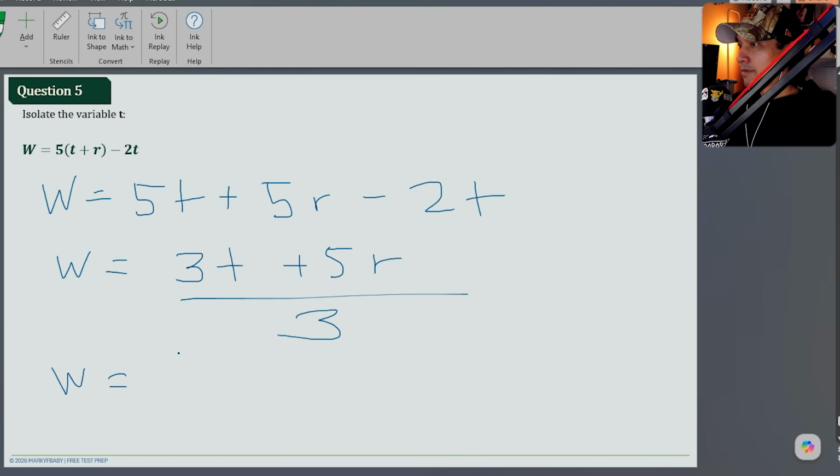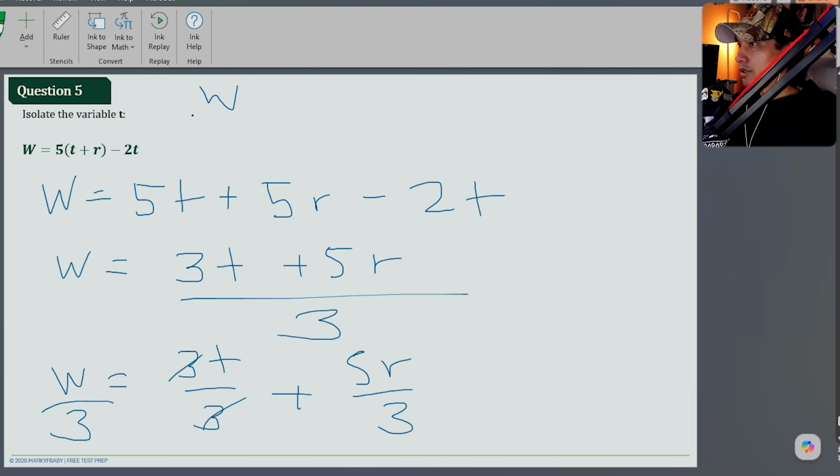W equals 3t over 3 plus 5r over 3. I don't know if this is going to work, but let's just try it out. These cancel each other out. And remember, I have to do this on this side too as well. And then I get w over 3 equals t plus